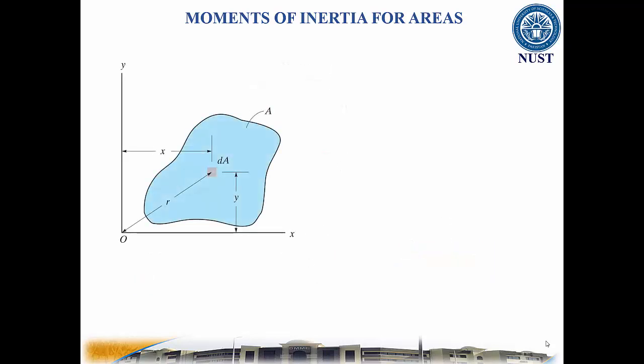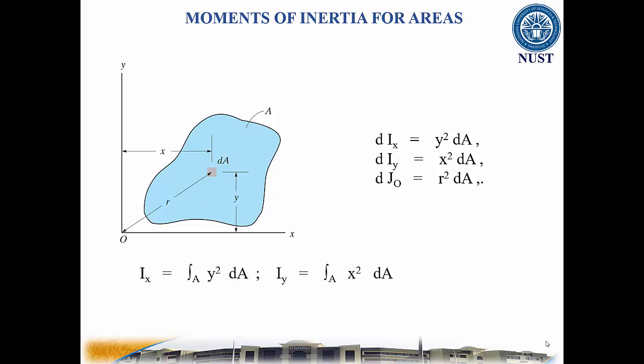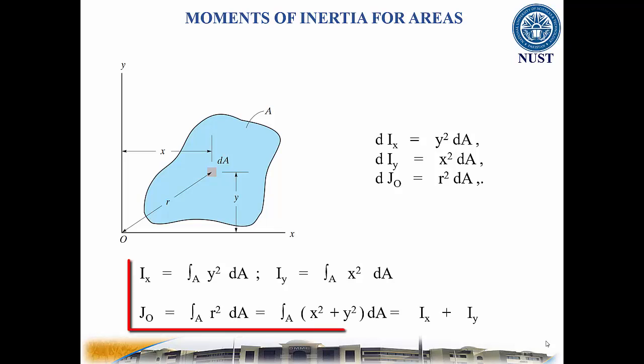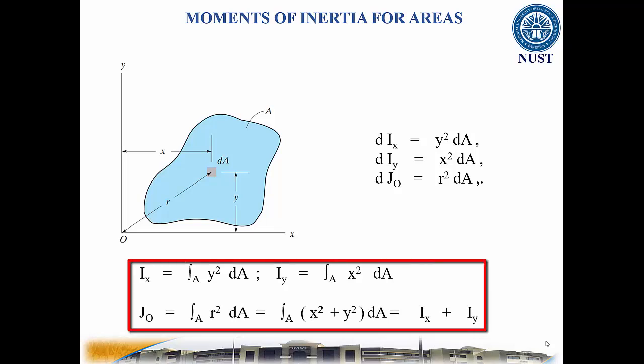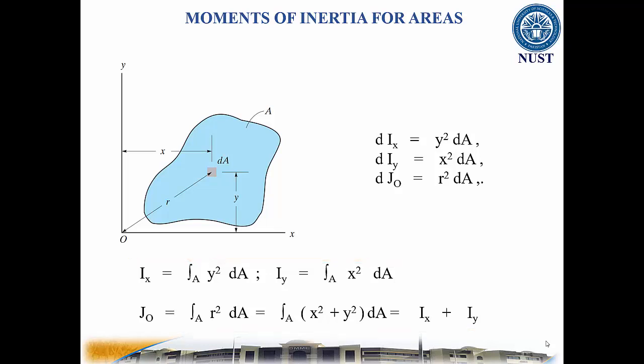For the differential area dA shown in the figure, the inertia about x, y, and z is given in these equations, where J0 is the polar moment of inertia about the pole O or z-axis. The moments of inertia for the entire area are obtained by integration, such as shown here. The moment of inertia is also referred to as the second moment of an area and has units of length